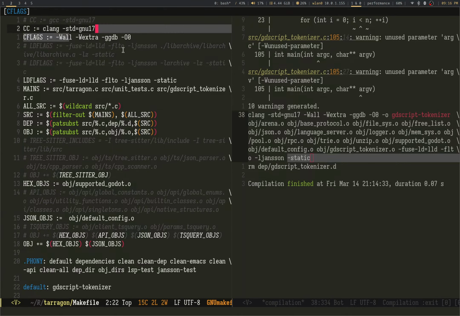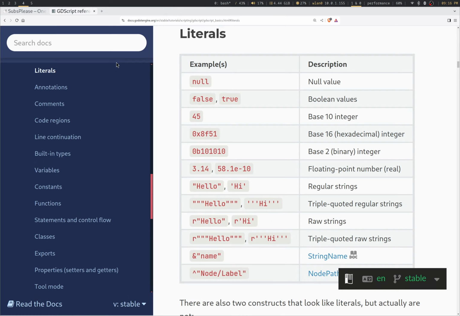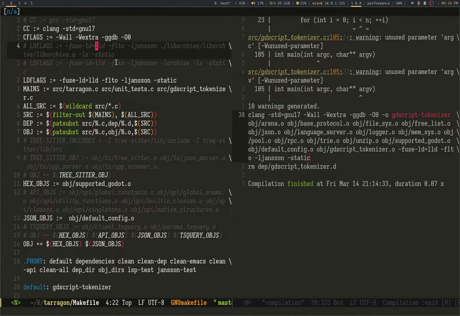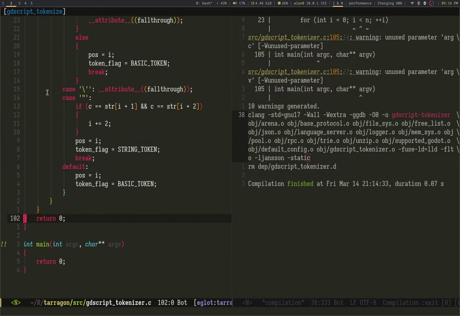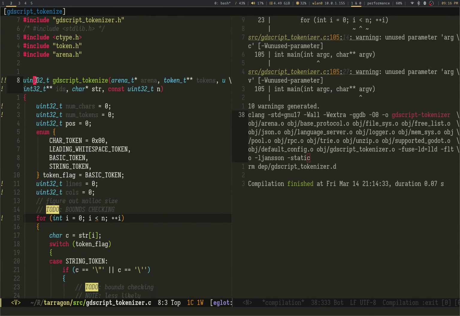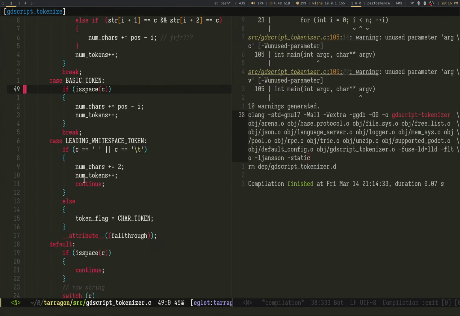It's 1.1 megabytes right now, but it could get smaller, which is interesting. Yeah, so that's that. Okay, great. We've got size. Oh, what am I going to return here? I'm of course going to return num tokens.